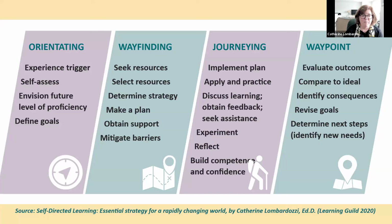Top three. Well, I think the biggest one is making a real plan. People have this vague notion of what it is that they want to learn, and so they Google it. And that's their plan, to go ahead and try to learn something. So I think the biggest advancement people can make in their ability to direct their own learning is to take the time to make a plan for it,